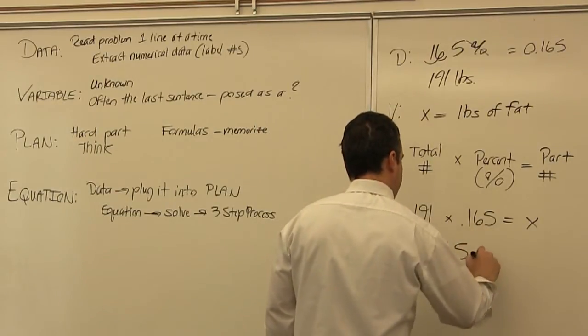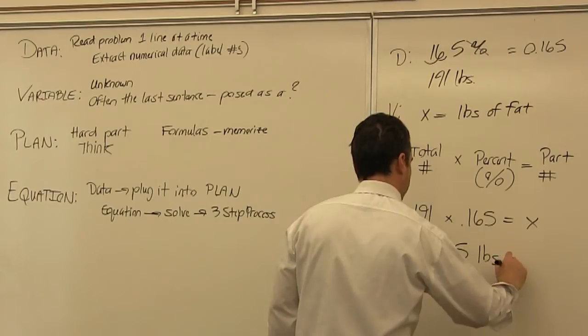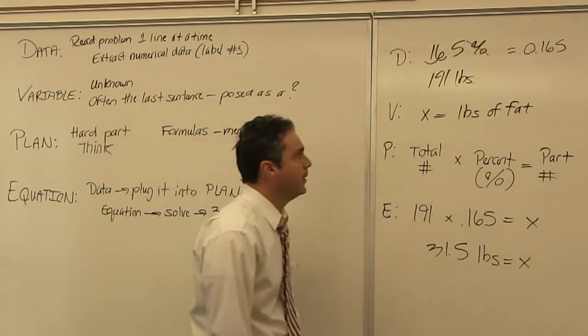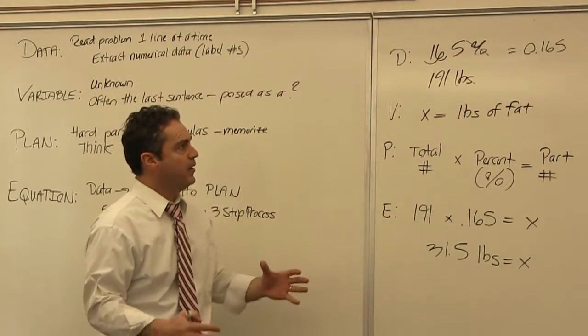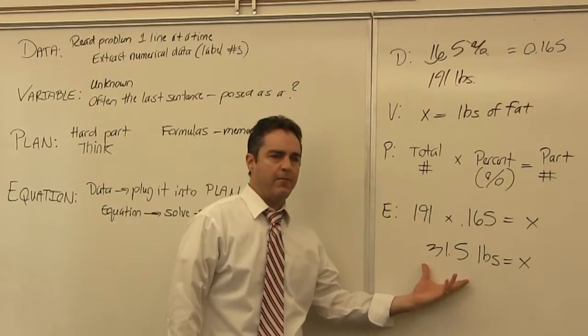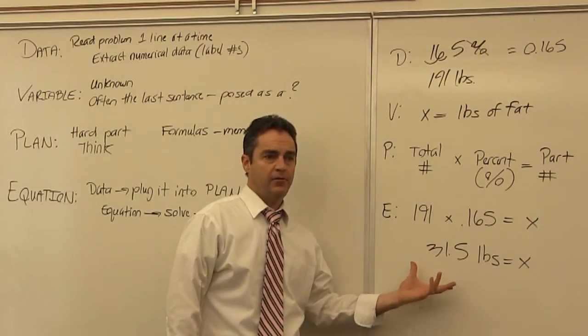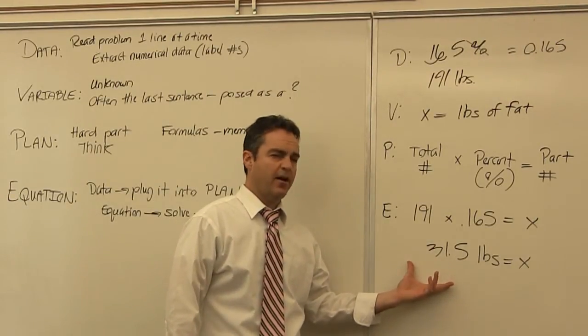31.5. Okay, now we need to label this. Pounds equals X. So in all of Brother Baird's body weight, 31.5 pounds of his body is fat. You better keep working out. And now we'll go through each of the individual kinds of plans that will be valuable for you on the